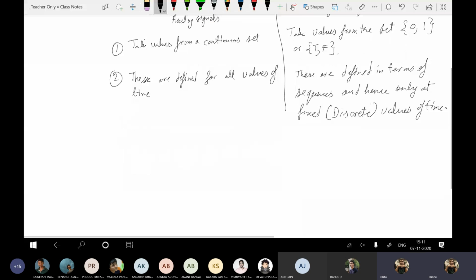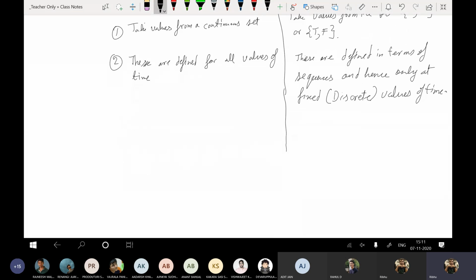So this is actually the biggest difference. Analog signals exist physically; digital signals are abstract. Because if you talk about your digital circuits lab, what you called a 0 was actually 0 volts or minus 5 volts. What you called a 1 was actually 5 volts. It's a continuous wave. So these are just abstract ideas that are